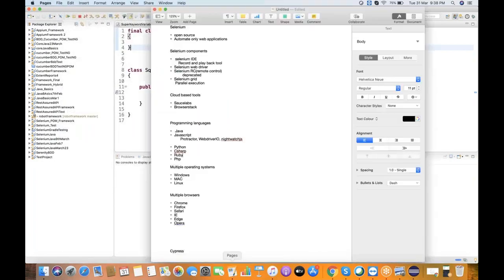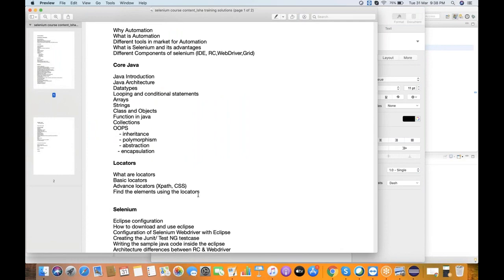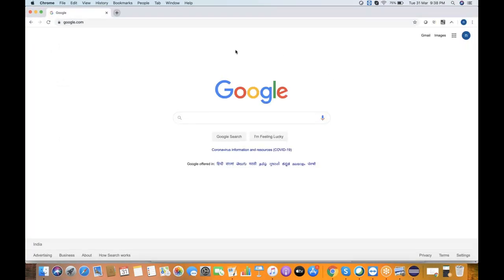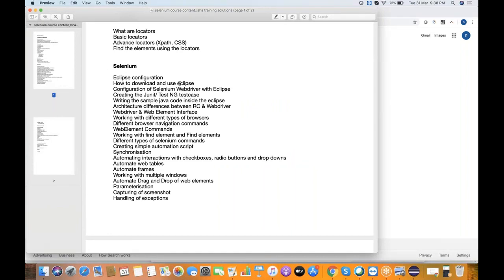When working in real time, Selenium WebDriver alone is not enough. The first key is identifying locators. Once we are familiar with locators, we'll see how to create a new project in Eclipse.